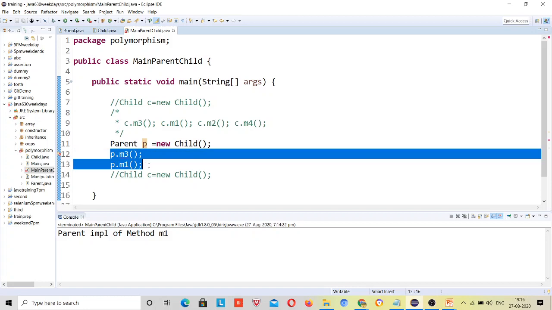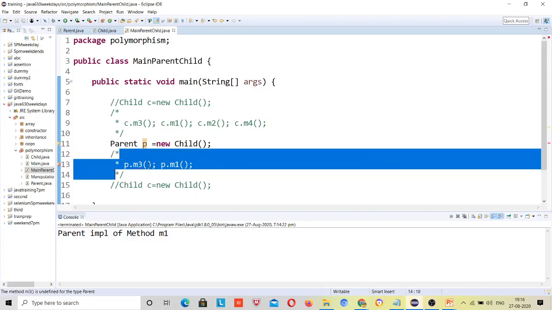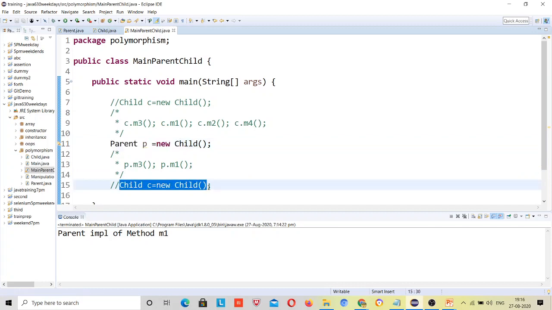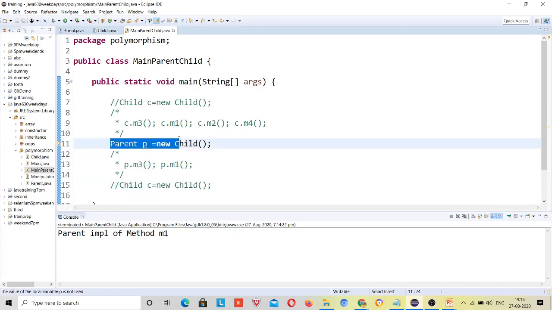So this is a famous interview question: what is the difference between these two lines, right? This means that you have made the child class object, so you will be able to call child class methods. If you extended, this means all the methods present inside the parent are also present in the child, so you will be able to call the parent and child both, right? But this means you will be able to call only those methods which are present in the parent class, right? So this was the difference.